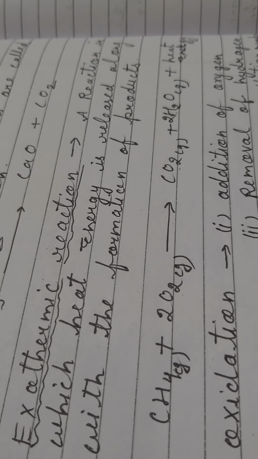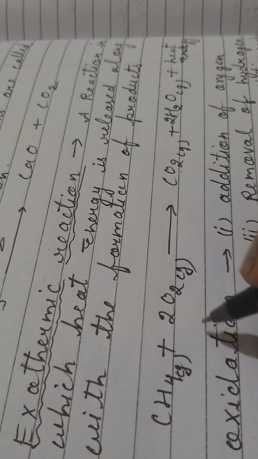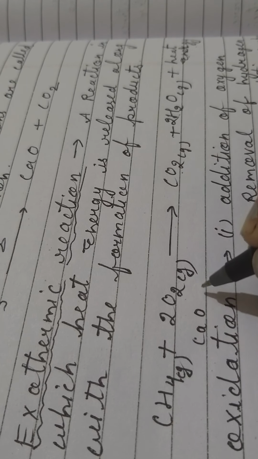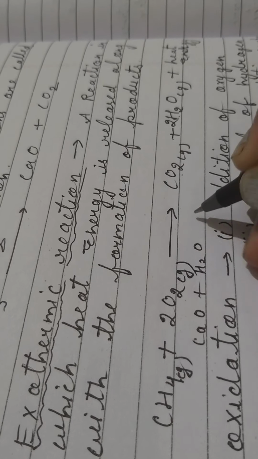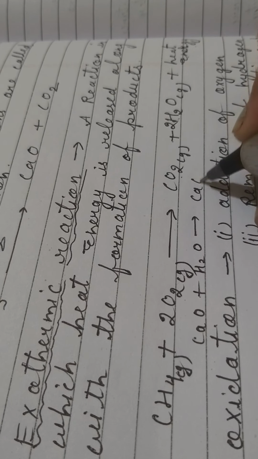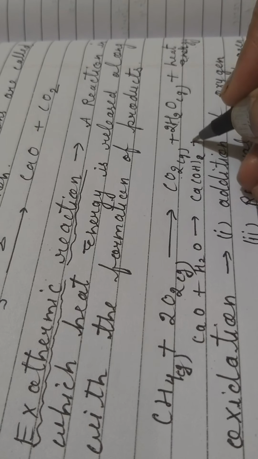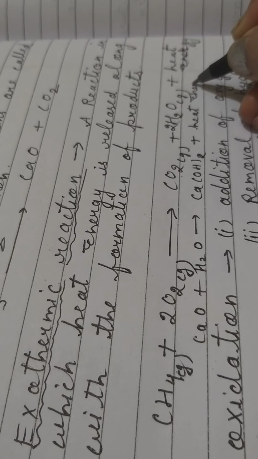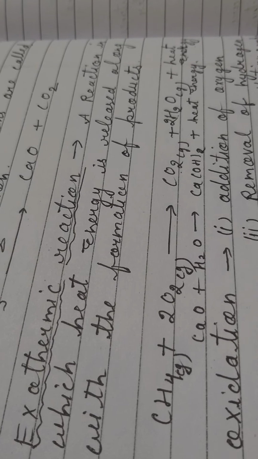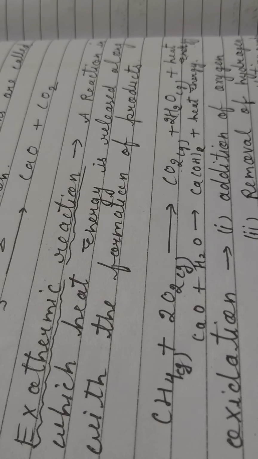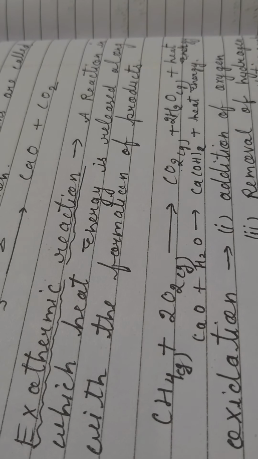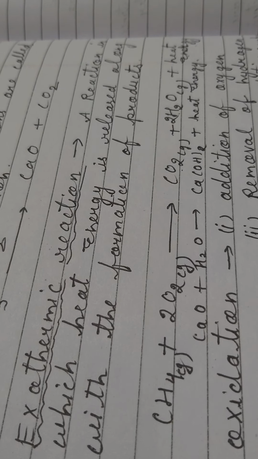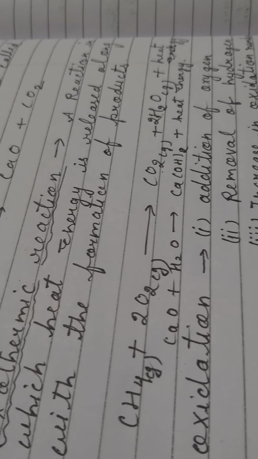Here I can give you one more example. Have you heard the name quicklime? In Hindi we call it chuna. When it dissolves in water, it forms slaked lime, which is calcium hydroxide, and it evolves heat energy also. I think you have observed this in your daily life, whenever quicklime is dipped in water for whitewashing, heat energy starts to evolve and bubbles start to form in the aqueous solution. So that is an exothermic reaction.